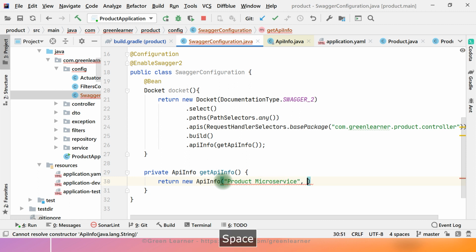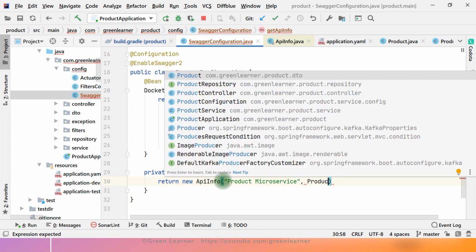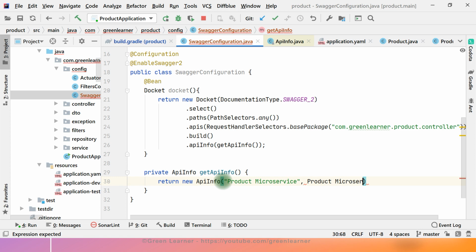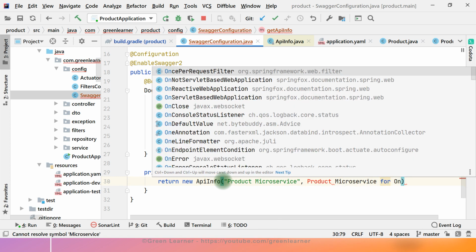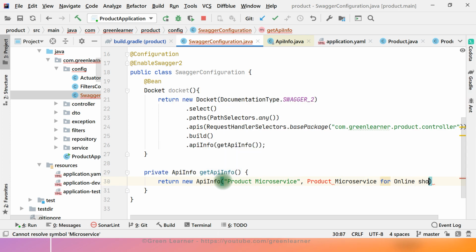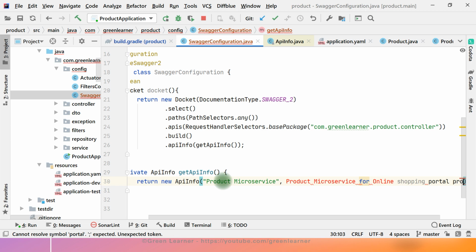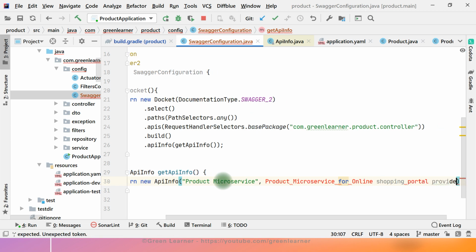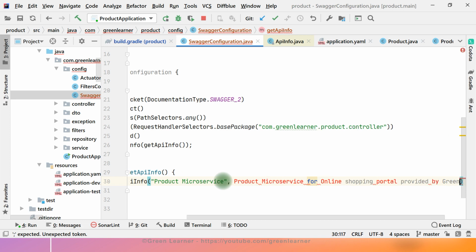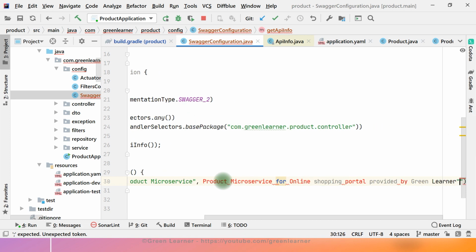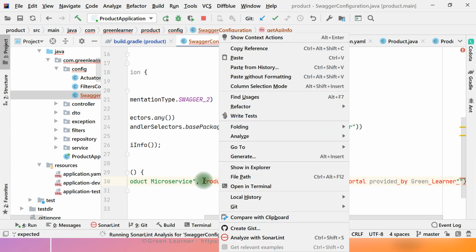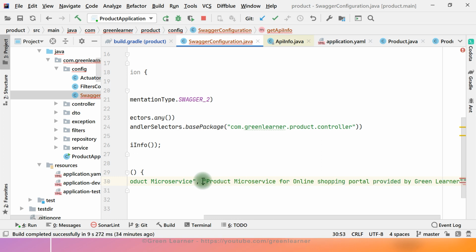Okay, and the second one is the description: product microservice for online shopping portal provided by Green Learner. This is just a name I'm giving to make it more realistic.